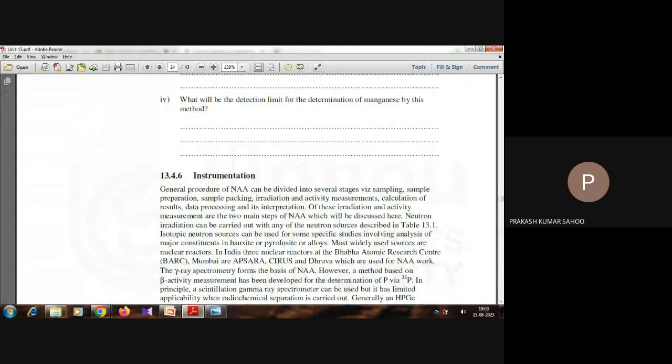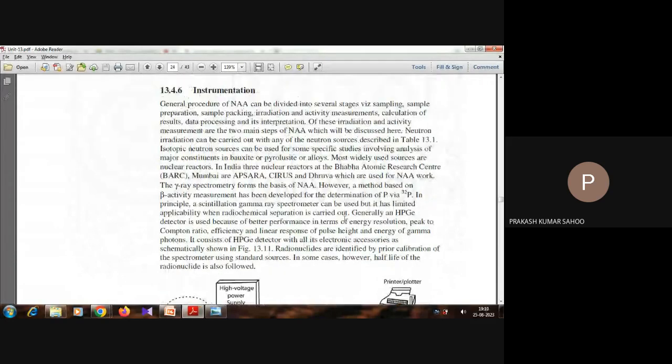Then at the end we have some instrumentation part. Bhabha Atomic Research Center, Mumbai has Apsara, Cyrus, Dhruva, which are used for NAA work. So these nuclear reactors are named. India has three nuclear reactors in Bhabha Atomic Research Center, Mumbai, and these reactors are named Apsara, Cyrus, and Dhruva. And in Bhabha Atomic Research Center there is a separate unit of the nuclear department,